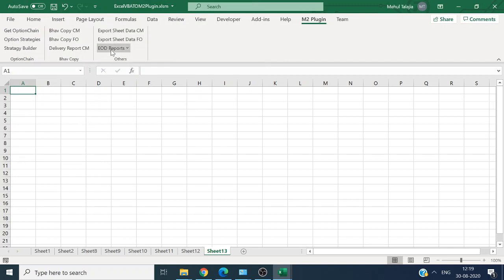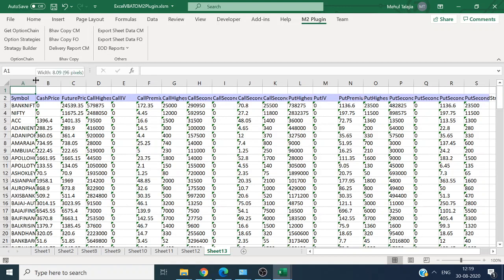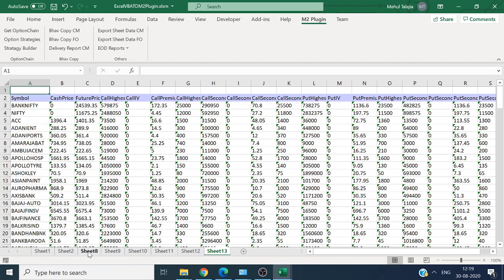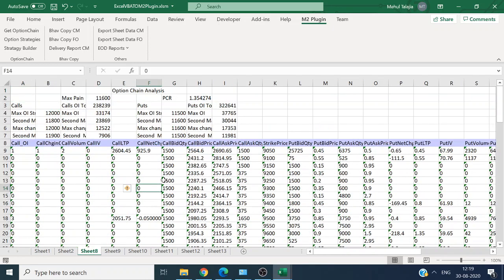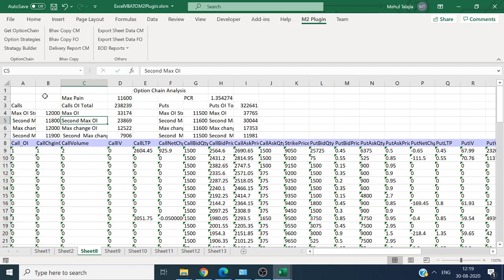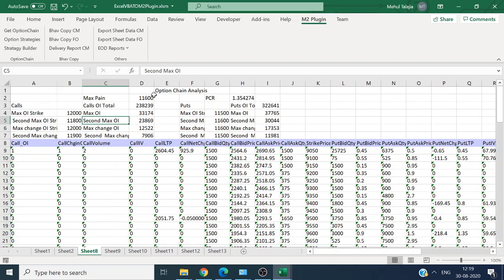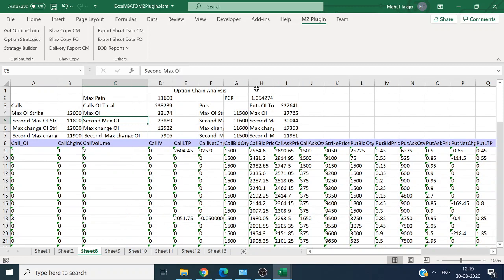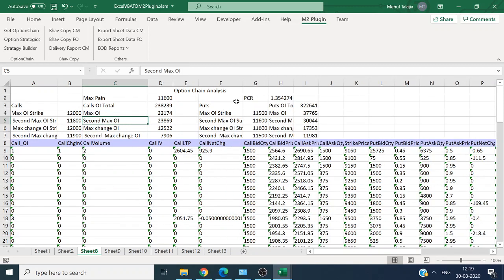EOD report is actually a menu, not a button. If you click here, you should get this menu, and you click on symbol call put details, so you will get this for all the symbols. What you are getting here, for a given option chain, is the max call strike, max put strike, and max pain, right?